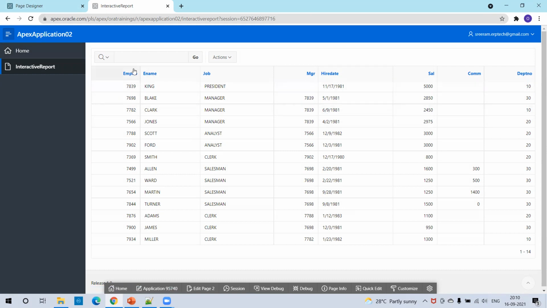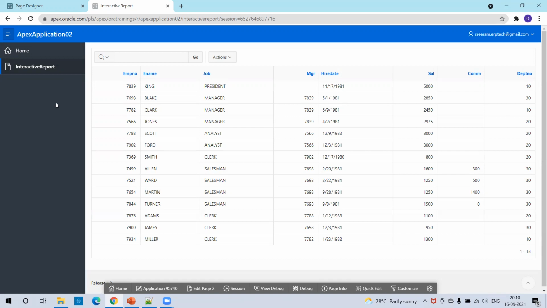Now, whenever you open the page, let us say when I open the page, what is the first thing that happens? The browser opens the particular page and sends the request to the ORDS layer. The ORDS layer sends the request to the database, and the database processes the request. The response is sent to ORDS, and ORDS sends the response to the browser. There are two things involved: one is ORDS, and the other is the Apex Engine. ORDS is different and Apex Engine is different.